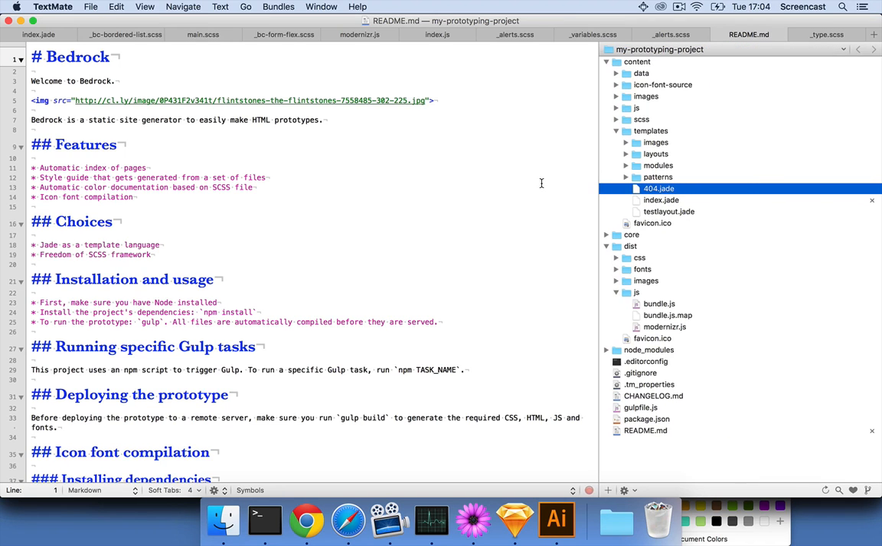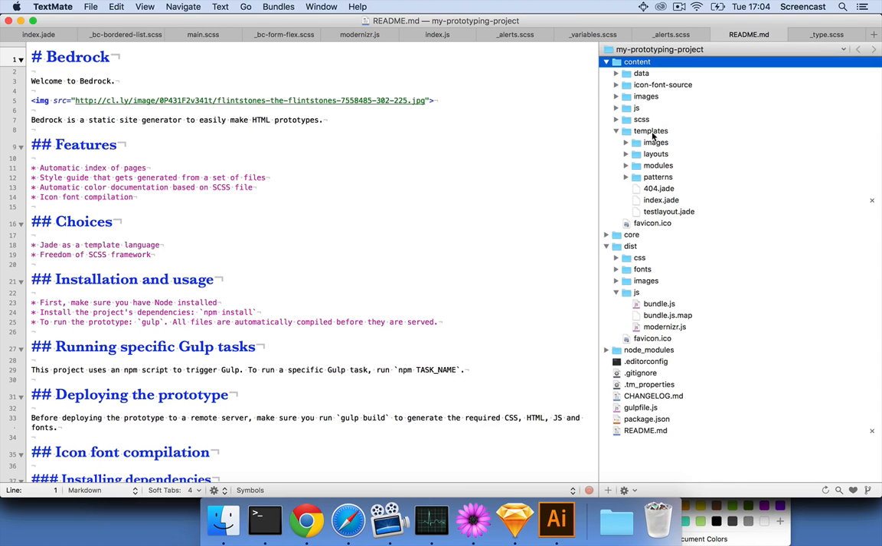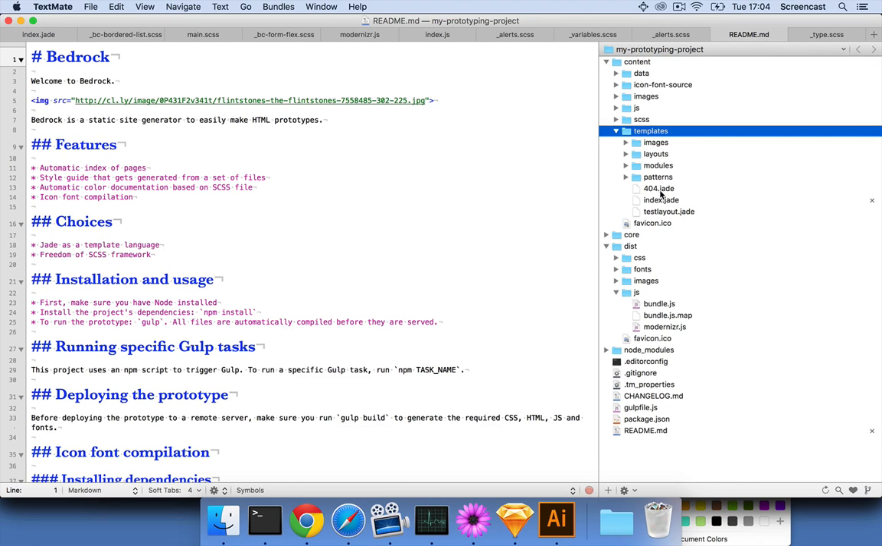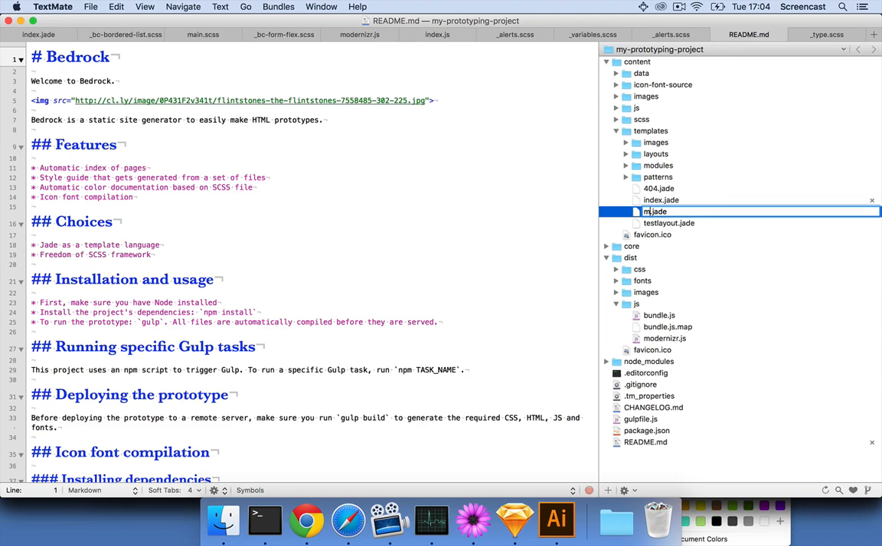Well, first of all, where can you make new pages? Within your project, you have a content folder, and then there is a templates folder. And at the top level, you can create new templates. So for example, let's say I make a new file, my new template.j,